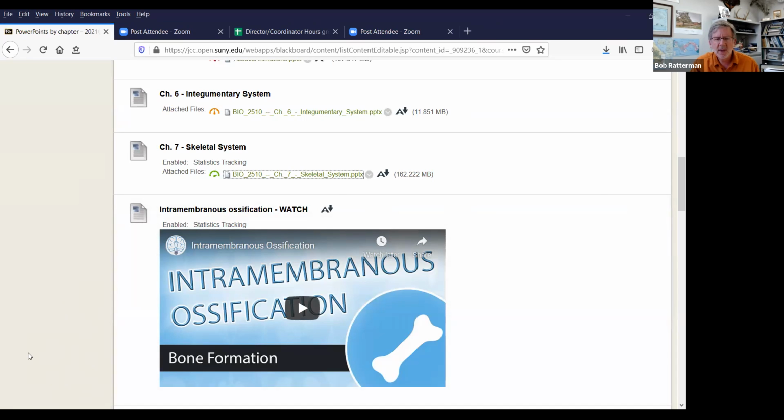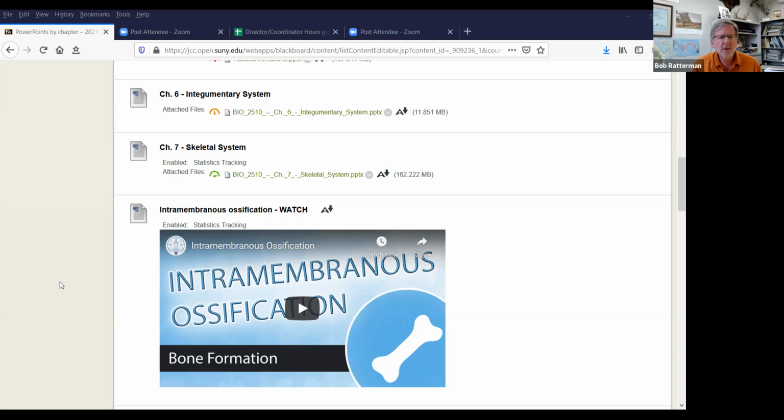This is a really big PowerPoint file, so it's taking a little bit of time to load. The reason is that I have all of the bone diagrams left in this PowerPoint. As you can see, if you go all the way down, there are 220 slides. It's huge. We don't, of course, cover all those, but that's probably why it takes so long to load. Okay, so